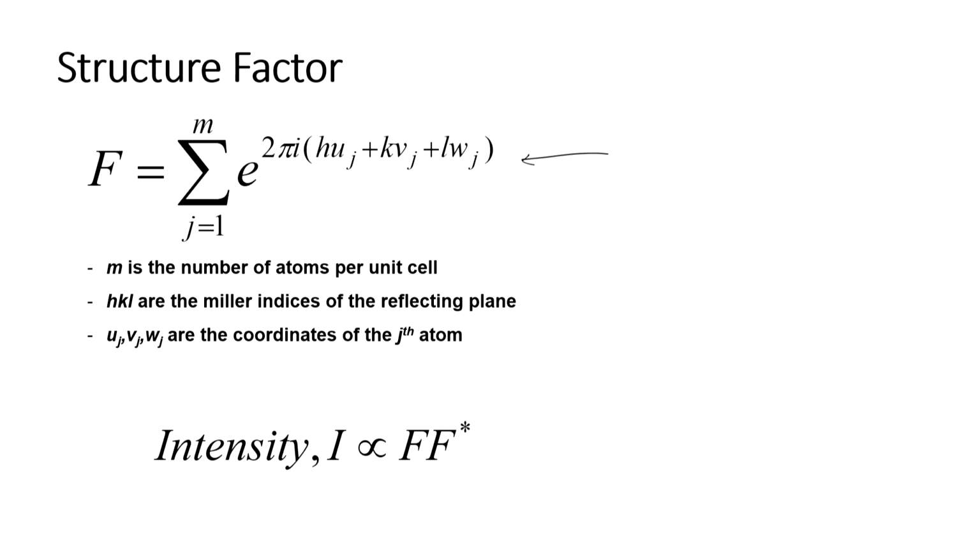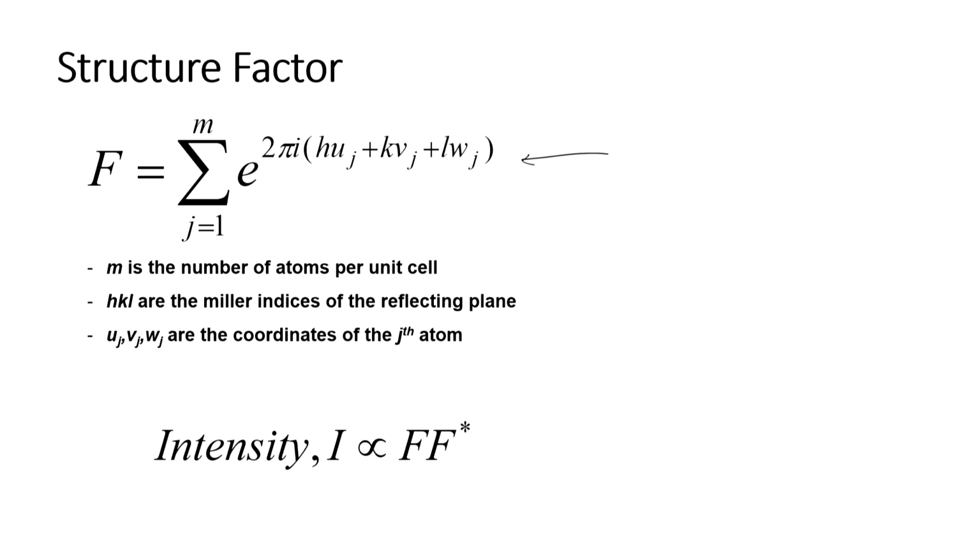Why do we need to calculate the structure factor? Because we need to find out whether for a particular hkl plane there is extinction: even though Bragg's law may be satisfied, we will still get no intensity if the structure factor is 0. And we had done the structure factor calculation in an earlier lecture, so you could go back to that lecture and review those extinction conditions once more. Here I will just put down those reflection conditions without going through that exercise. And the intensity is proportional to the structure factor multiplied by its complex conjugate.